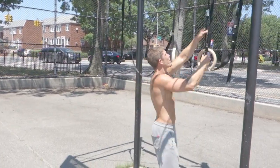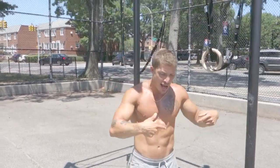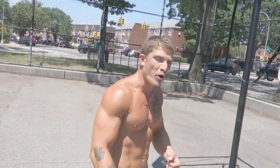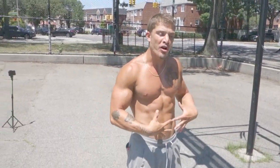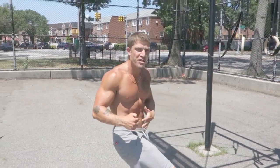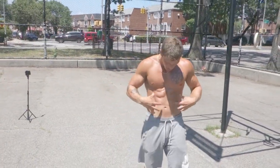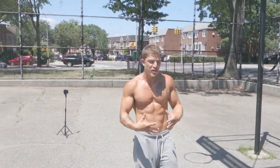And now remember, when you're using the rings and you're hanging low and you're doing your movements in an L-sit position or a tuck position, you're engaging your core a lot more. Think about doing knee raises, leg raises. That's all a crunchy movement, it's all a core movement. So now if you're doing tuck movements or L-sit movements, it's a lot more engagement on the core. It's going to strengthen that core, harden the abs, and it's going to be a lot more beneficial to understand